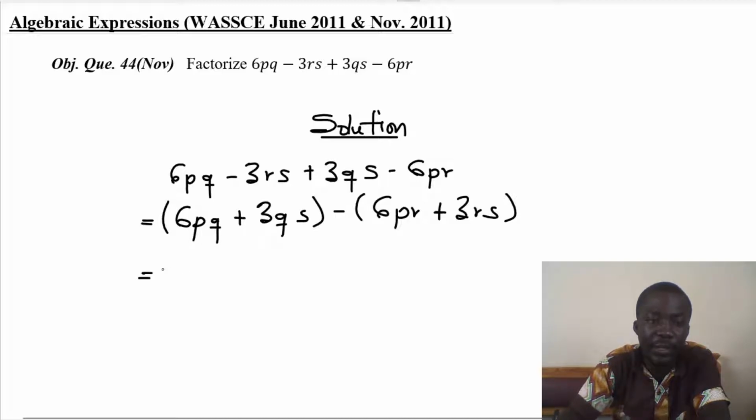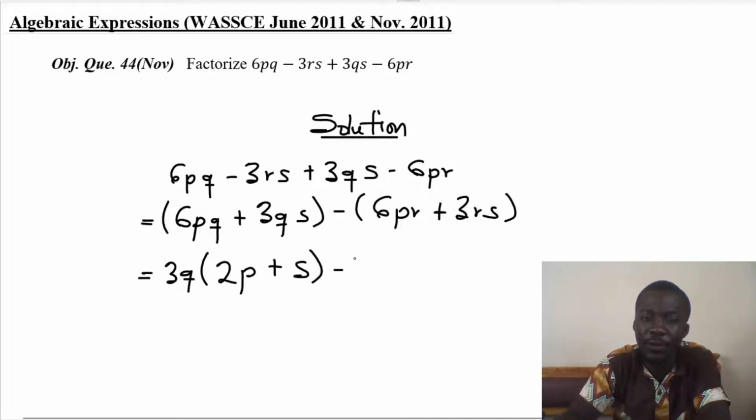6 and 3, the GCF, that's the greatest common factor, will be 3. Then pq and qs, we can factor q out here. 3 goes into 6, 2. q into pq, we will be left with p. Then plus 3 goes into 3, 1. Then q into qs, we will be left with an s, minus